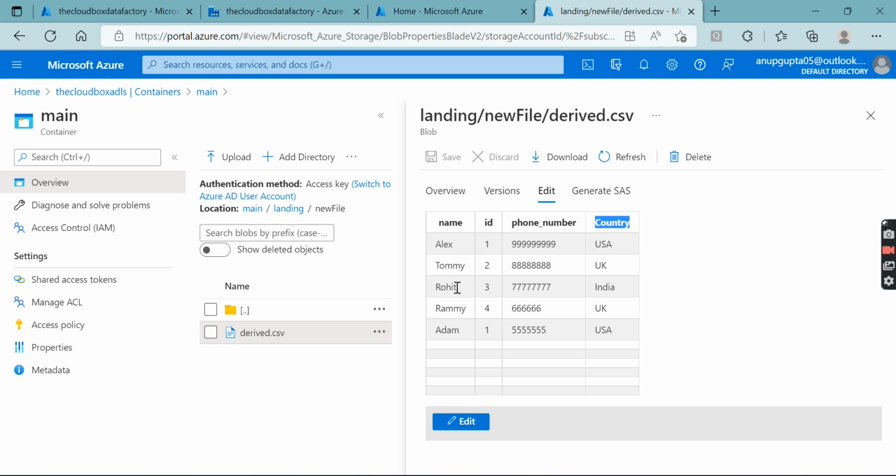The names are Alex, Tommy, Rohit, Rami, and Adam, and the IDs are 1, 2, 3, 4, and 1. You can see this ID is coming 2 times. And also, if you see, the country is also coming 2 times. So let me quickly go to